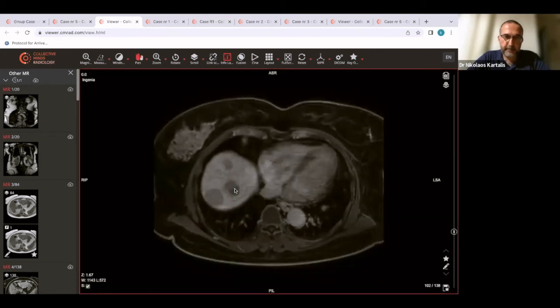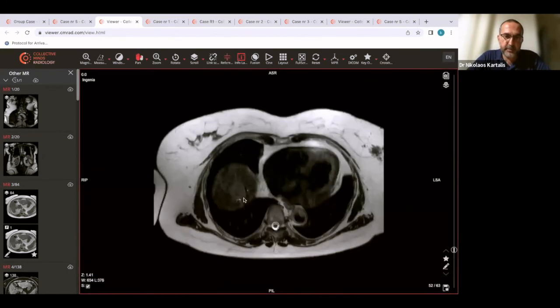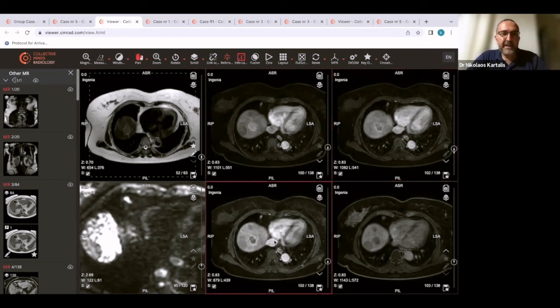Okay. But this is not the most interesting lesion. I think all of us would say that this is a LI-RADS 5 with no discussion. Easily it would be HCC without any issue. This is the same lesion on T2. But the most interesting part are the lesions that are here. So if you are on the viewer, just scroll through the images back and forth. And then we have one last question for you.